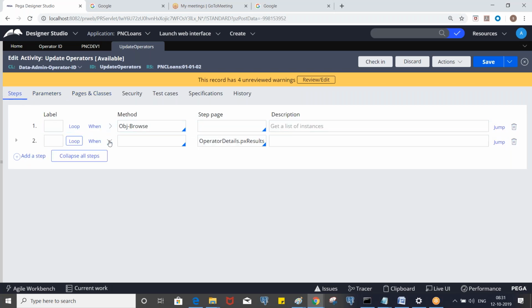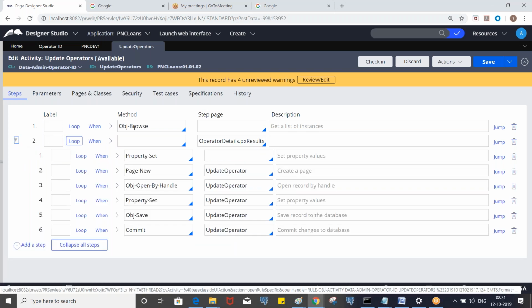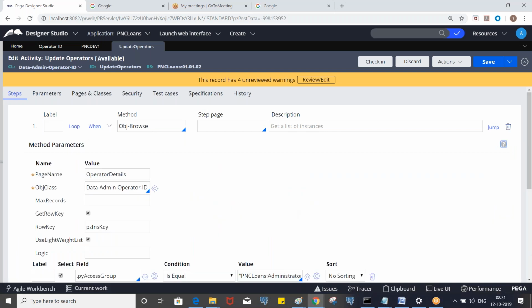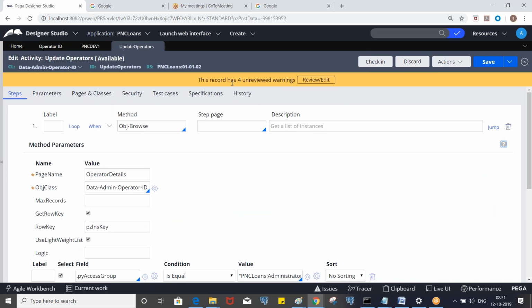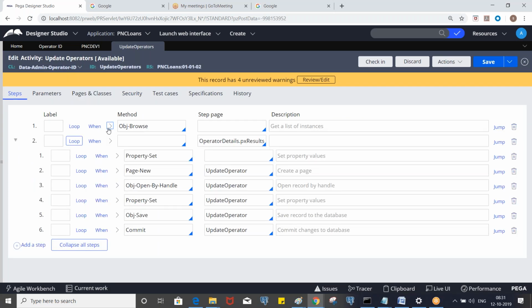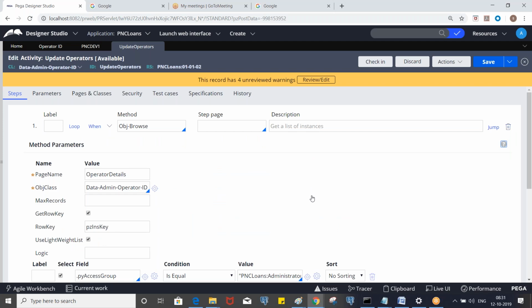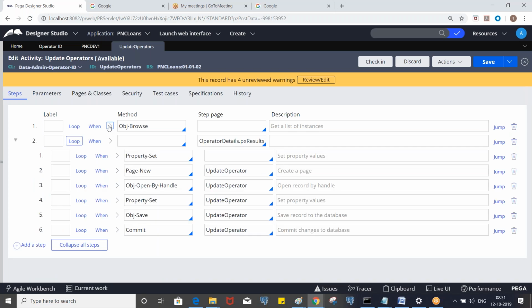Clear? Any questions? So now let's say you are fetching multiple records, and it is looping through all of them and updating. Let's say it doesn't fetch any record. Based on this condition you are fetching the operators, and if no operator is found with this access group, the results will be 0.